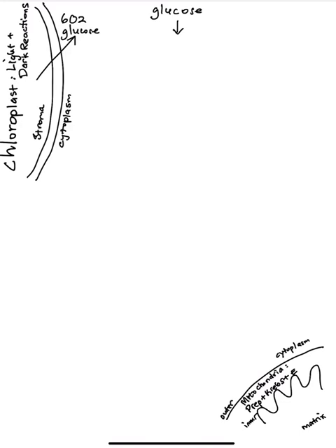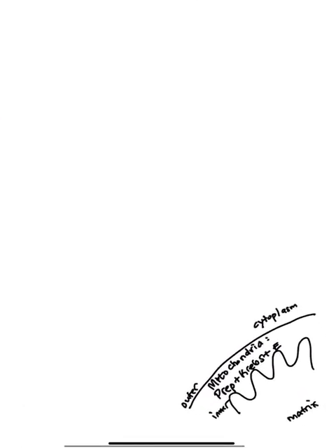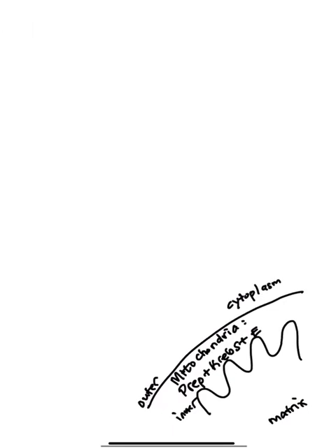In this video, we will discuss the steps of glycolysis. Remember, we previously learned that in photosynthesis, which occurs in the chloroplast, oxygen and glucose are produced during the light and the dark reactions. And then those two products exit the chloroplast to go to the cytoplasm of the plant cell. We also learned that a plant cell can undergo cellular respiration because the oxygen and the glucose can be